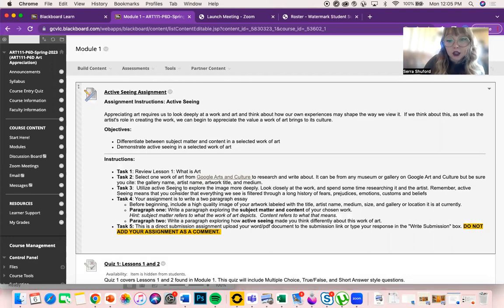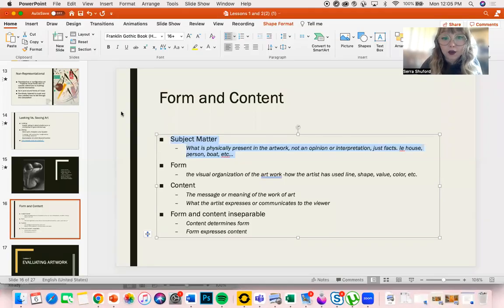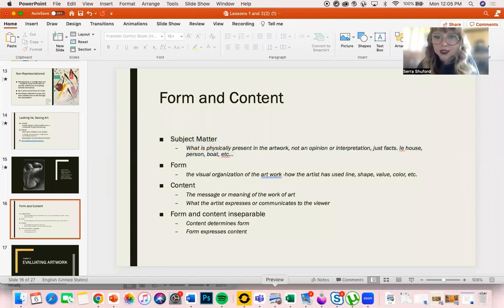So let's look at that real quick: what active seeing, or what subject matter and content, are. I'm going to go ahead and pull up the PowerPoint from our Ed Puzzle lesson to go over this. So you may have already seen this, but if not, just listen again. So for subject matter,